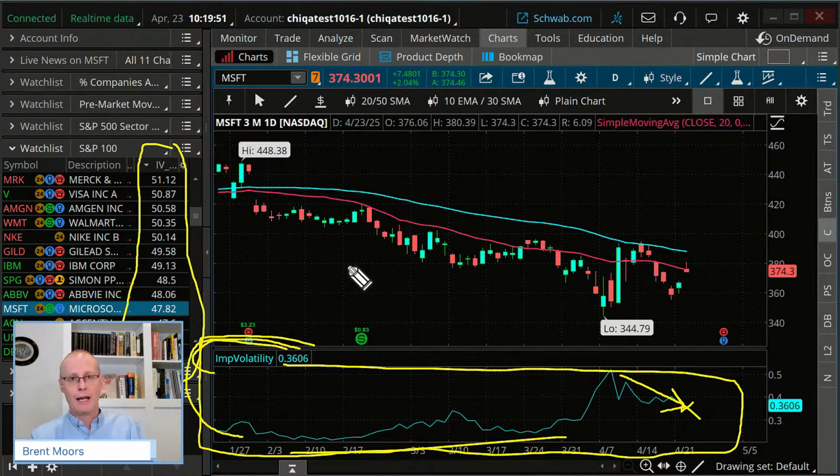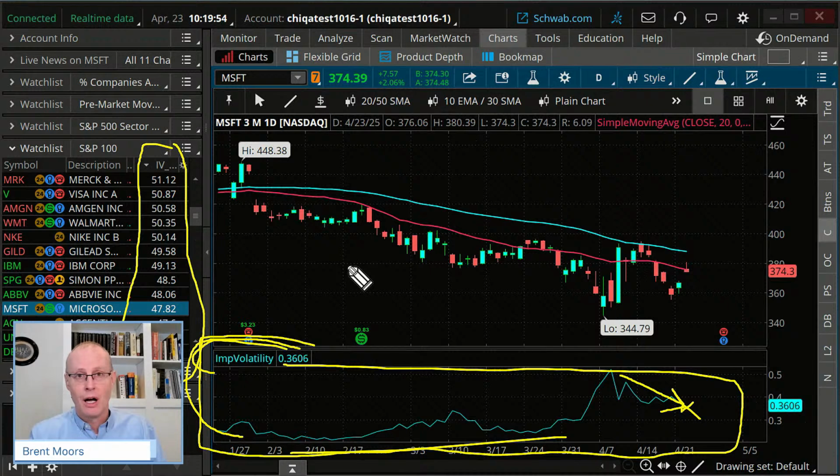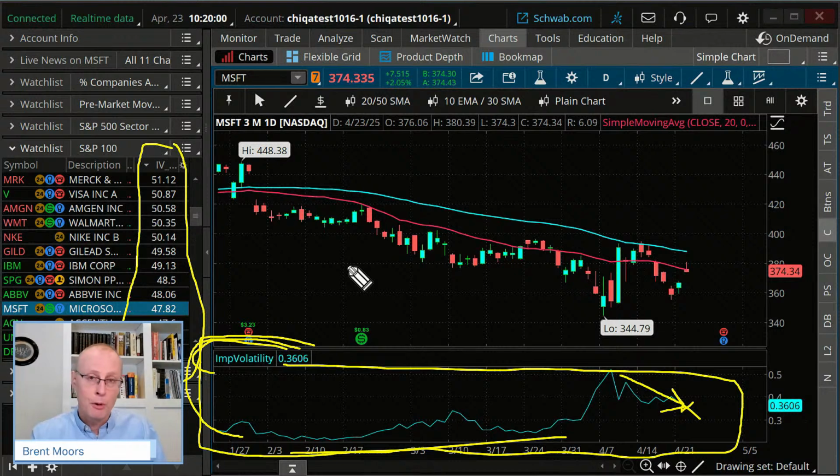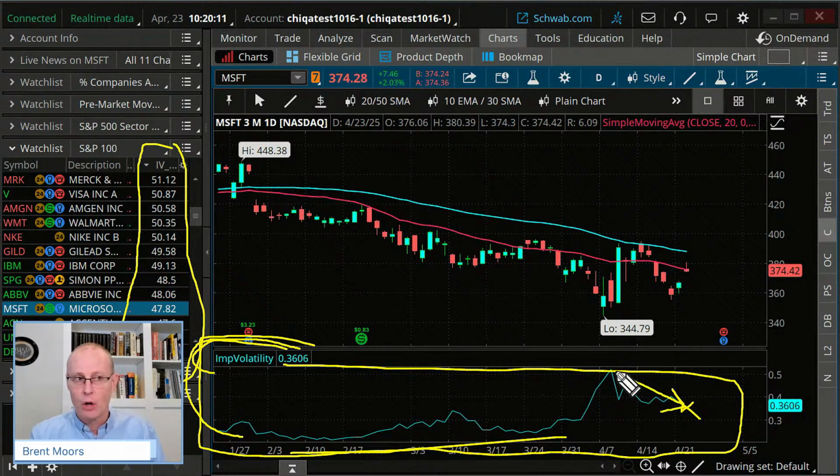We aren't going to blindly do option trades and sell options on high IV stocks because, look, they're high for a reason. They're high because there's potentially more movement on them, more uncertainty on them. But in general, sellers like high IVs that they think are going to go down. Okay? I'm going to repeat that because I think it's important. In general, sellers of option strategies like high IVs that they expect to be going down. It doesn't do you any good to sell a high IV if that IV is just going to go higher.